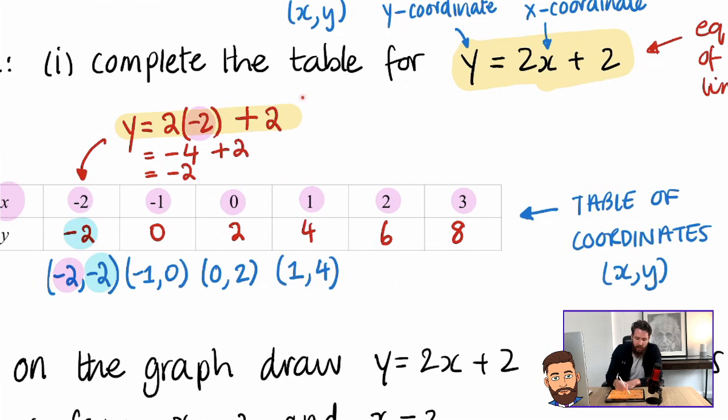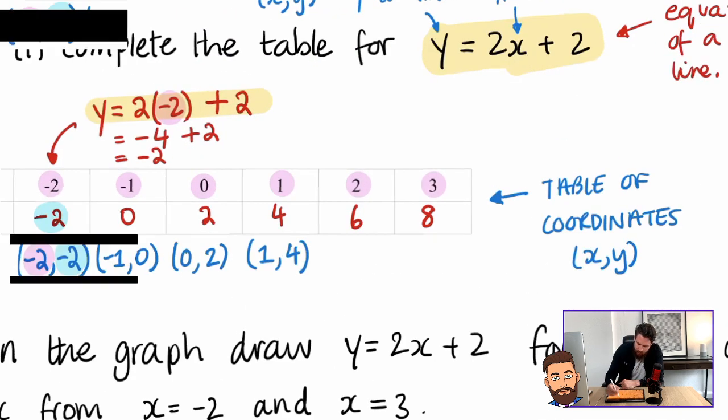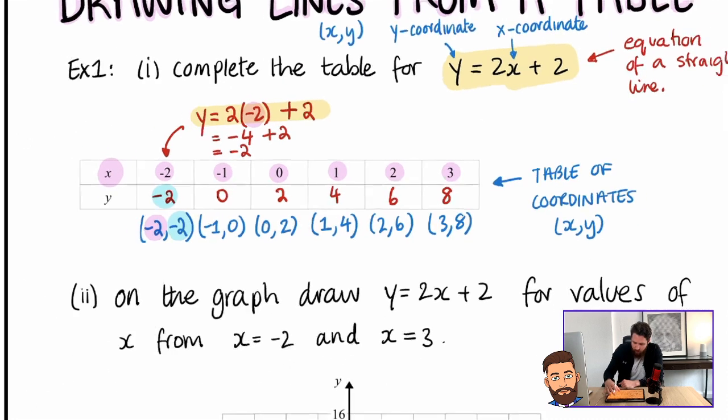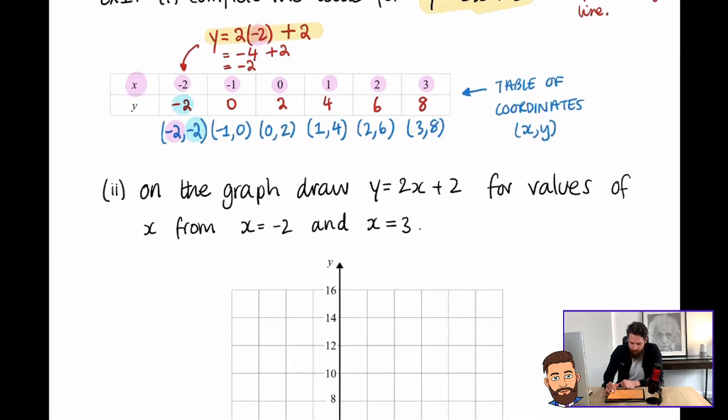And you will always have to start with at least one substitution method. And then you can start to use that technique where we've seen the pattern of what it is going up by. Okay, so we now have some nice coordinates. So if we just write these last two as coordinates, 2, 6, and x is 3 and y is 8. We have some nice coordinates. So we can now read